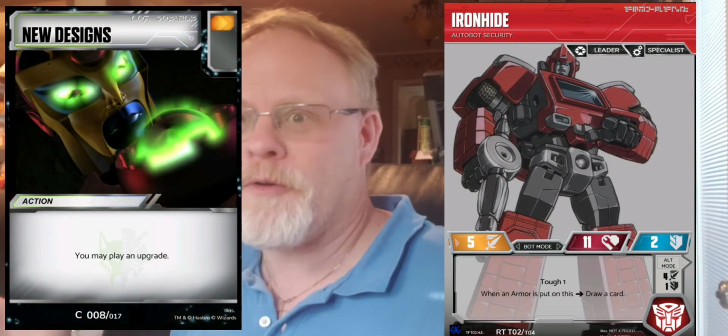This is really going to open up a whole lot of neat combos for him. Put on a field communicator, draw a card. If it's an armor, put it on him, draw another card. Or say you've played a field communicator and drawn a card. If it's a weapon, put it on a weapon. You already got your 3 extra paddings. Boom, boom, boom. 1, 2, 3. Draw 3 cards. There's a lot of neat opportunities that you can do there. You haven't even played an action yet. You could have a new design, be able to play another upgrade,